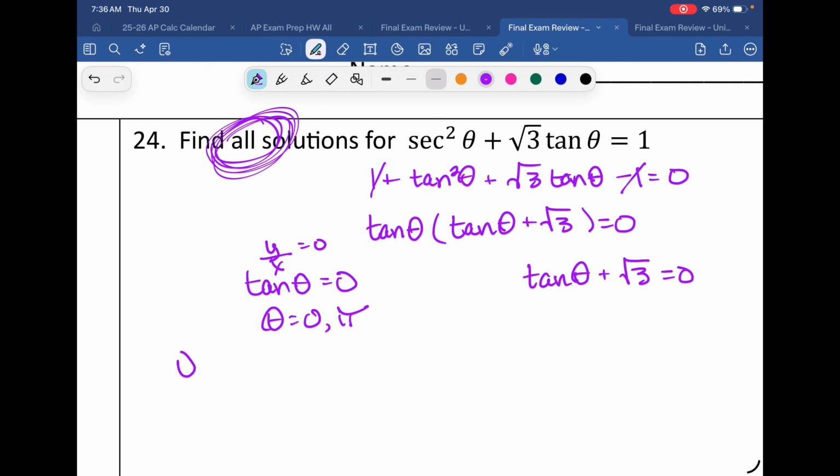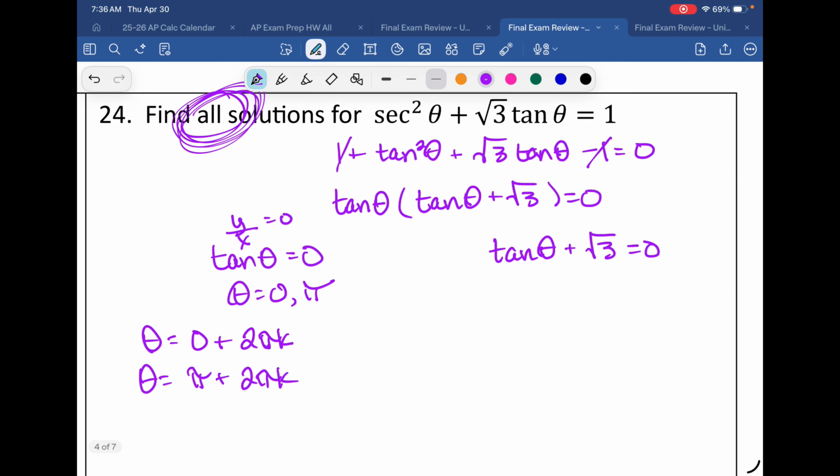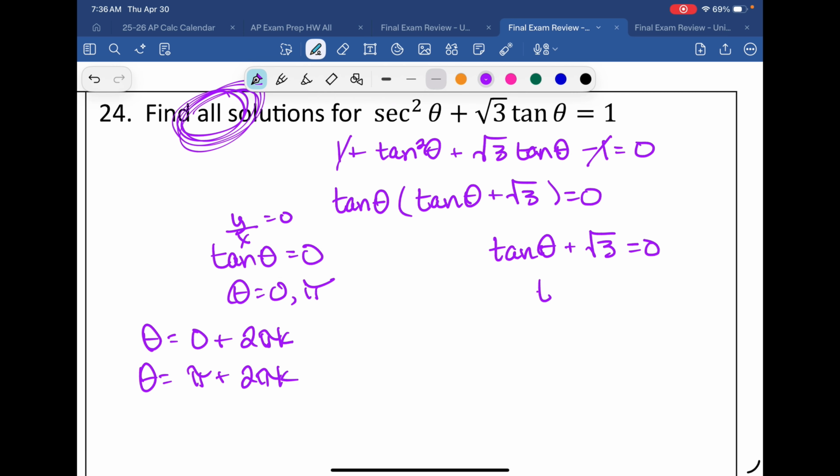So for all solutions, 0 plus 2 pi k and pi plus 2 pi k. Over here, we're going to subtract that root 3. So theta equals, let's see, tangent is negative in quadrant 2, so that's 2 pi over 3, and in quadrant 4, which is 5 pi over 3. So all solutions